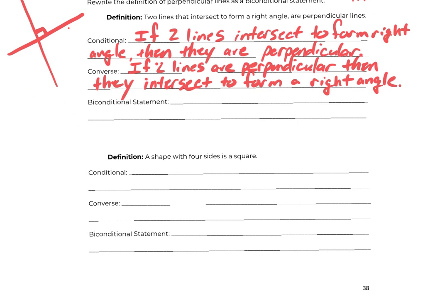So my biconditional, we're going to combine these two together, and we're going to form a new statement. This is the one we haven't done yet. We're going to get rid of the if and the then. And typically what I'll do is I'll just go back to the original statement, the conditional statement. Okay, and here's how we're going to start it. I'm going to get rid of the word if. I'm going to say two lines intersect to form a right angle